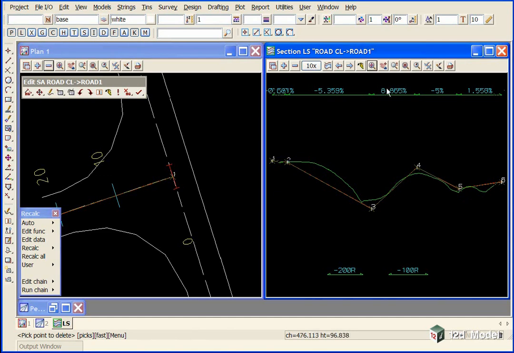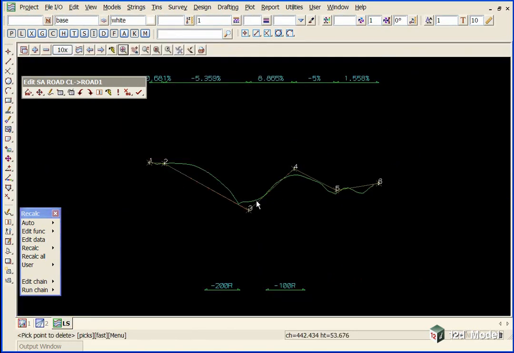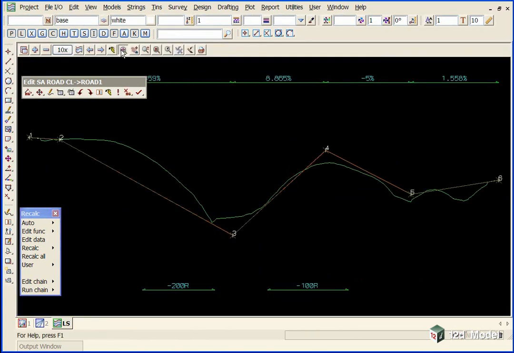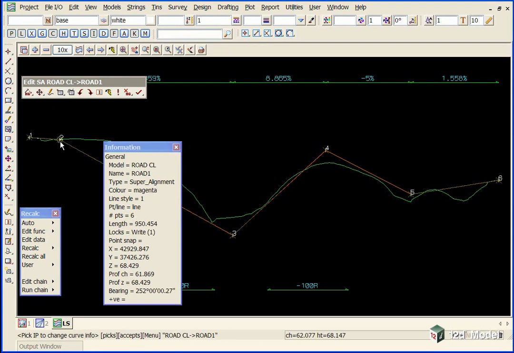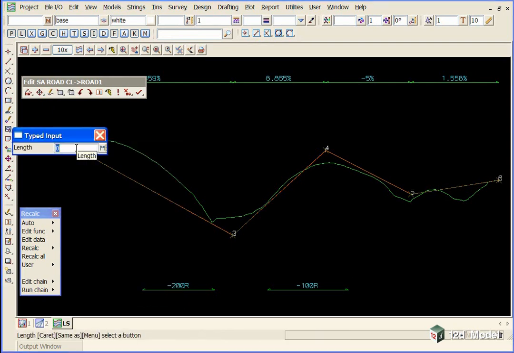If you like, you can now maximize section view so that we have a little bit more room to move, and just do a zoom all. We're now going to insert parabolic curves in at our various IPs. So we go into the change part of the superalignment editor, and once again go down to change curve. We can just click on the IP that we want to change, so this time IP number 2, and type